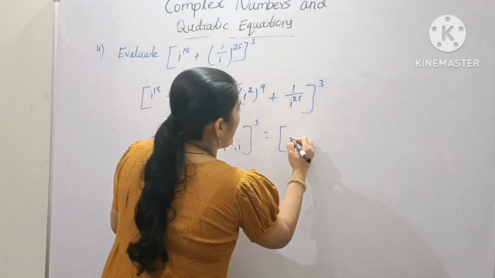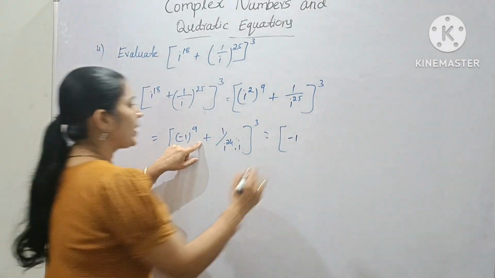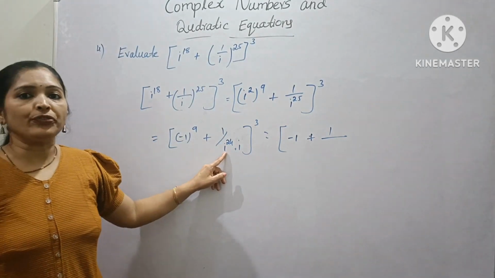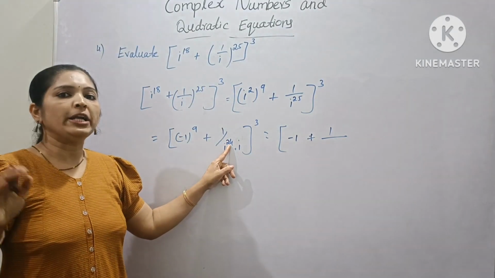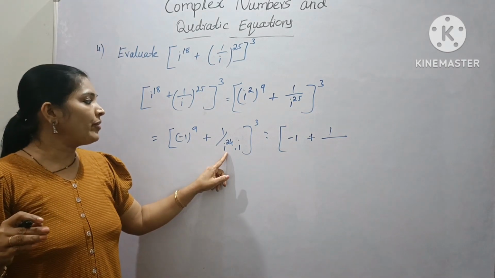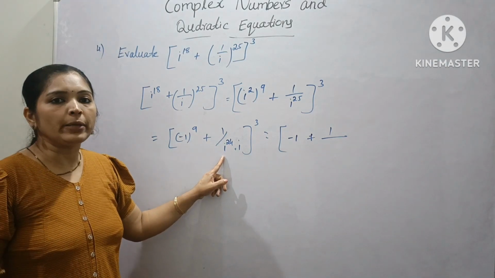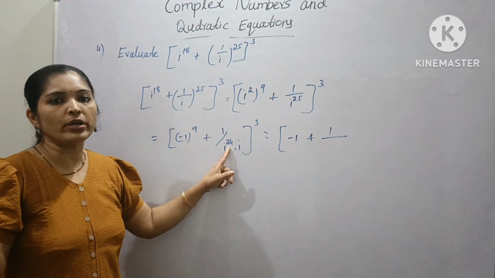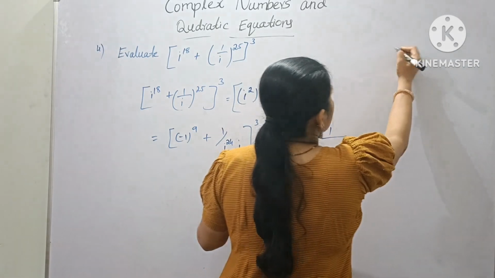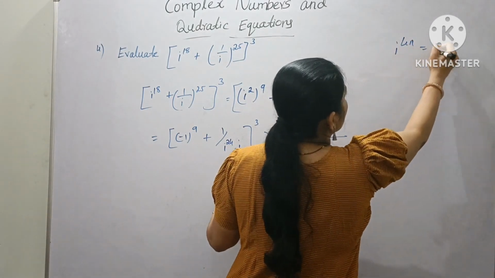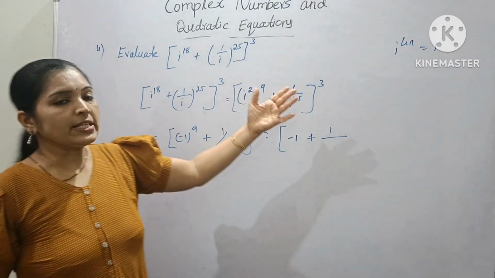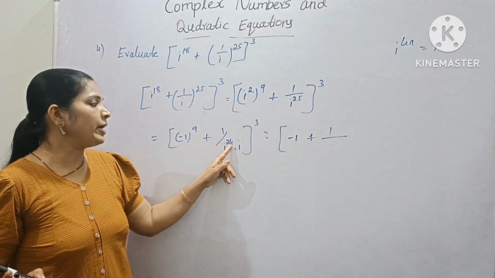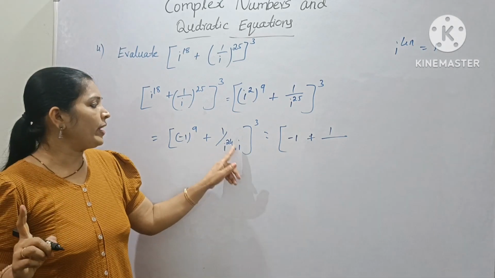So its value is minus 1 plus 1 by, what is the value of i^24? 24 is a multiple of 4. If the power of i is a multiple of 4, its value is 1 itself. We have studied i^(4n) is equal to 1. So 1 into i,